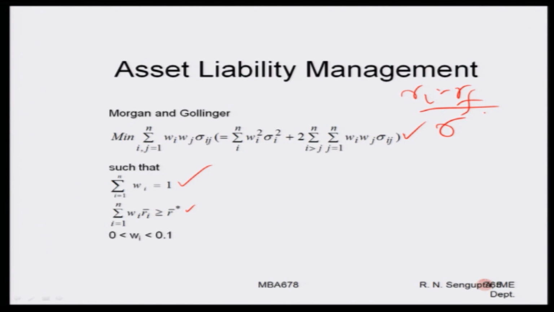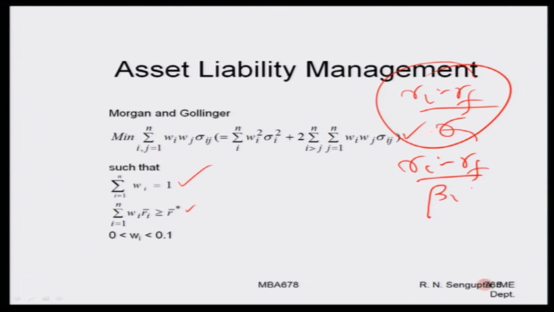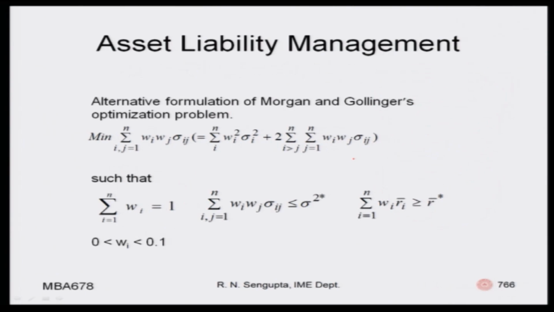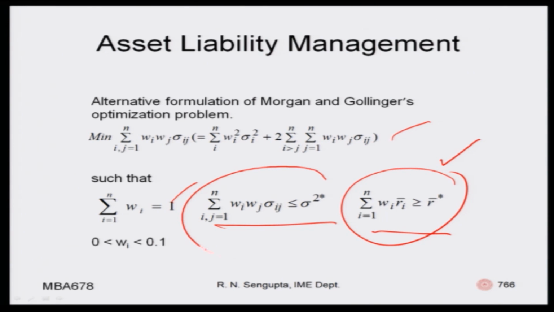we have already done, this one we have already done. So, all these things are just a repetition, trying to analyze the problem in the ALM concept. Alternative formulation would be same risk, same constraints, but now you basically have two. Either you can consider this or this, or you can consider both of them together, but if you consider both together, then obviously the problem solution may be difficult, but it will give you much more